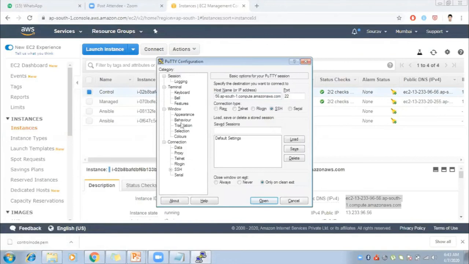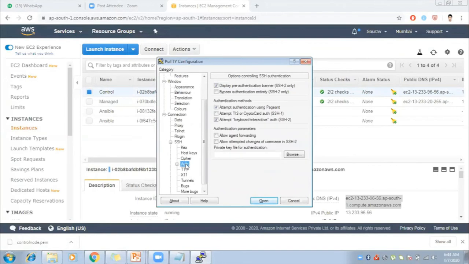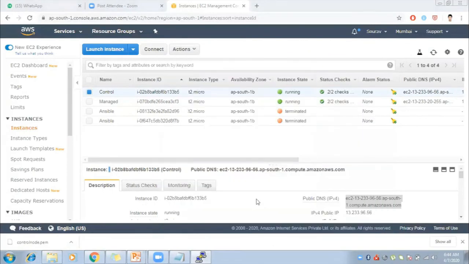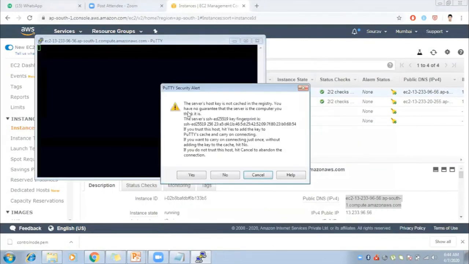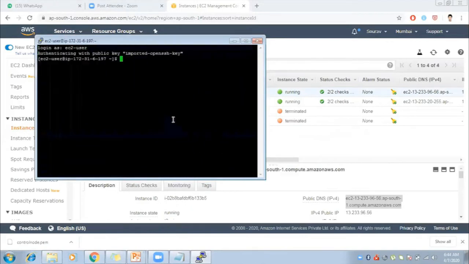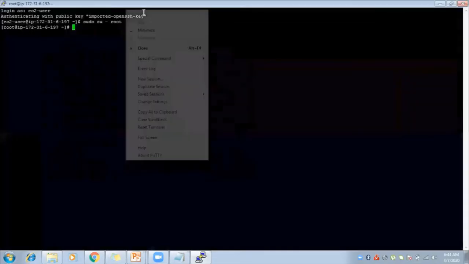So we will connect to the machine from the IP. Here is the PPK file, we just paste it. Login should be using ec2-user. In case of CentOS, the centos user is there. For Red Hat Linux, we will connect via ec2-user. So here is our server.